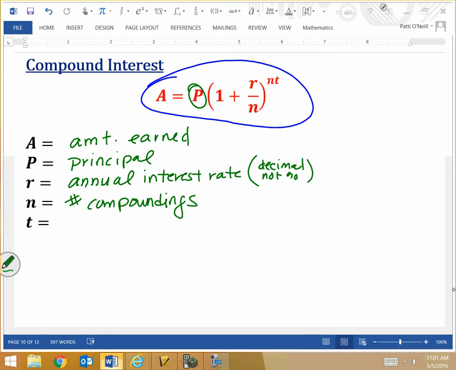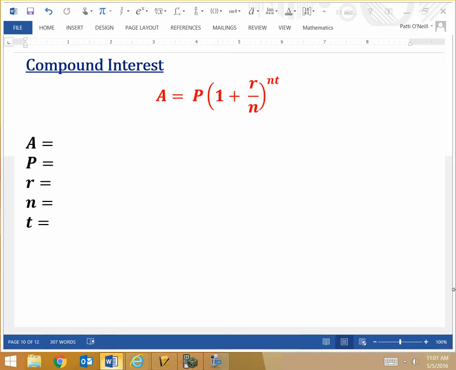And I'll show you what that means when we do the actual problem. And T is time in years. So here's a third formula that you need to know, but it's just another version of the base one. You need to know what each component means, again, so that you can use that in order to solve given certain data. So we will go to the last problem